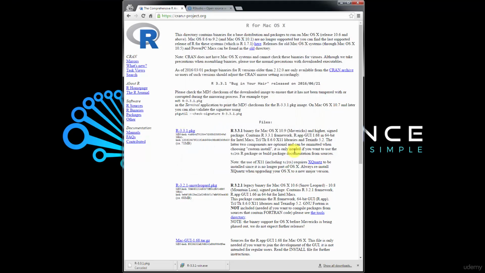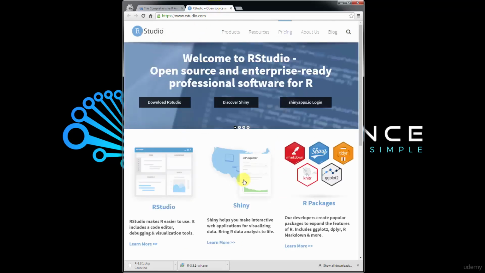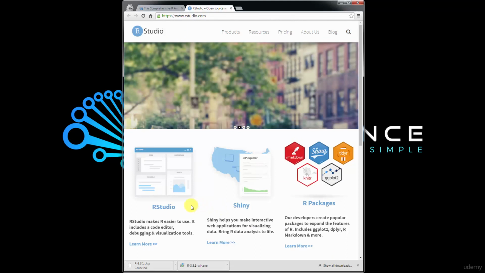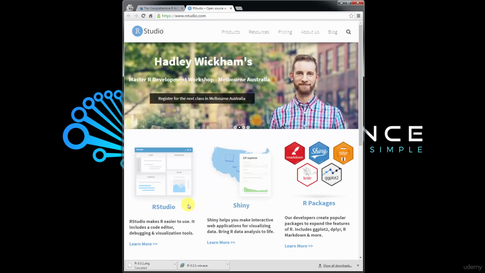But the thing here is that we also need an IDE, an integrated development environment, to work with R. The best environment for working with R, and that I find, and probably most people find, is RStudio. It's an environment developed specifically for working with R, and it is very convenient for data science type of work. So to get RStudio, you need to go to